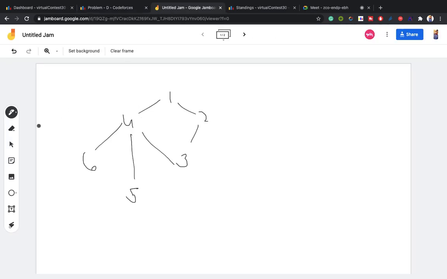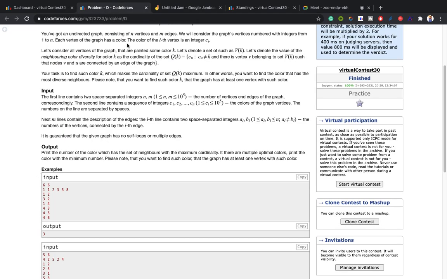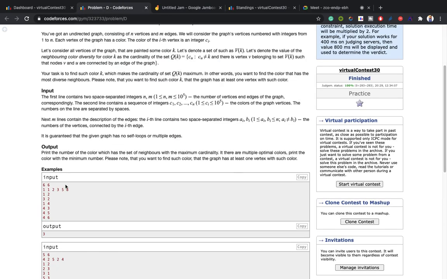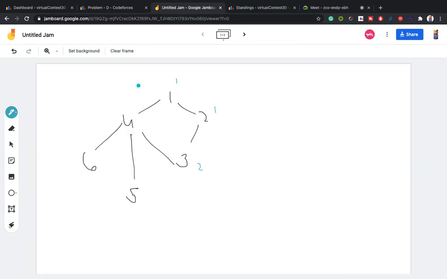So yeah, let's change the color also. For the first node we are given the color 1. This is color 1 and this is color 2. And for the third node we are given 2, and then 4, 5 and then 8. What did I forget? 3, 5 and 8. Now what we have to do is check which color is connected with most of the nodes,